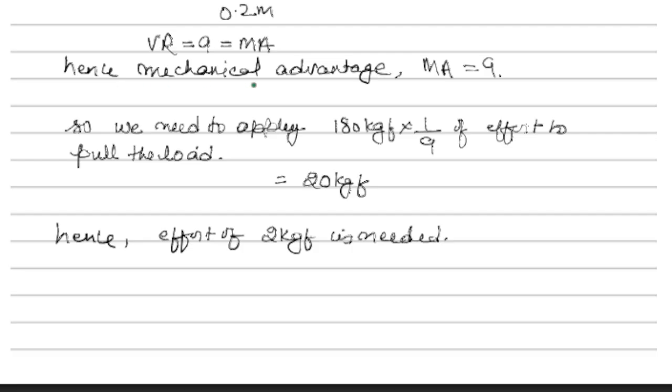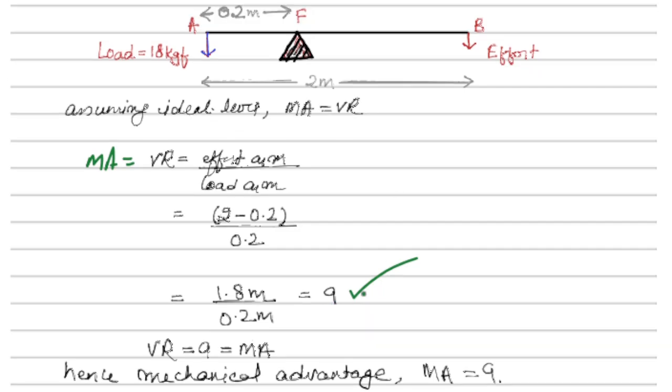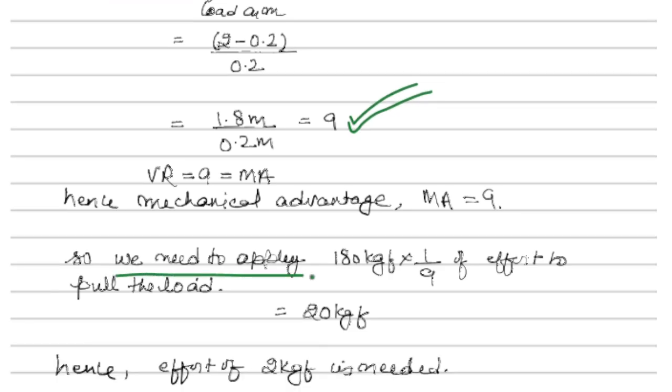Now, hence mechanical advantage MA is equal to 9. So we need to apply 180 kgf. If the mechanical advantage is 9, what intuition can we take from here? We just need to pick up the weight, so we just need to apply 1/9 of that force. So we need to pull up 180, and we just need to apply 1/9 of effort, right? 1/9 of this, or we can say 20 kgf only we need to